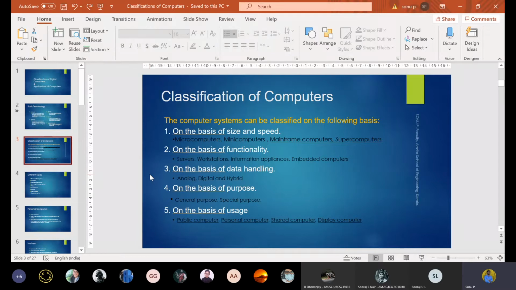Next one is workstations. We already use workstations in our college. These are devices used in industry to serve different numbers of people.